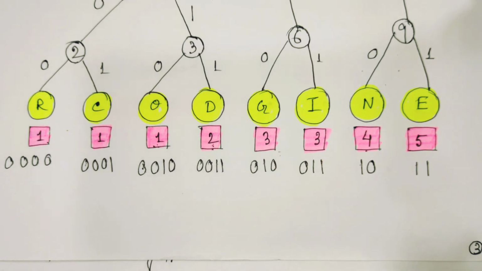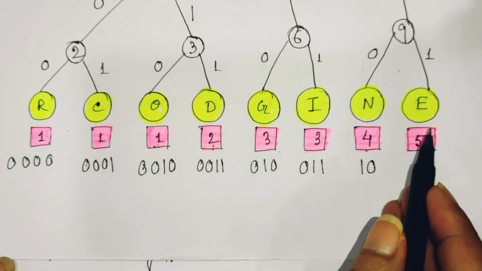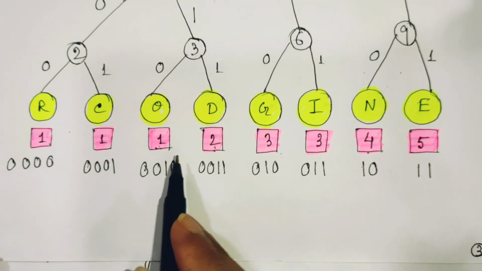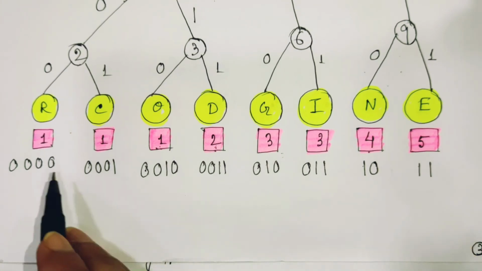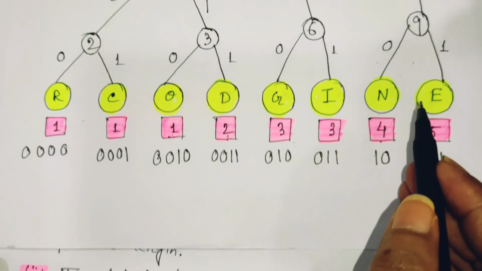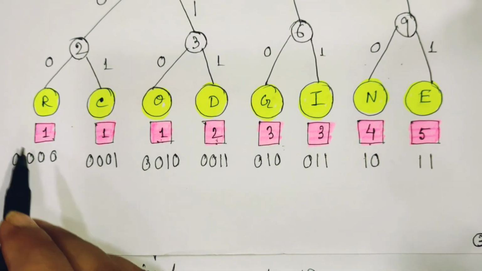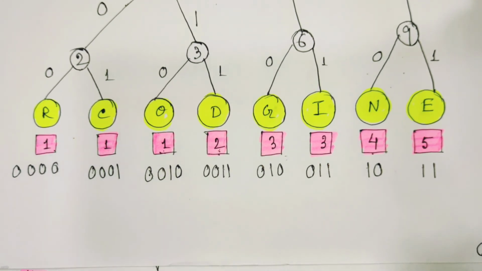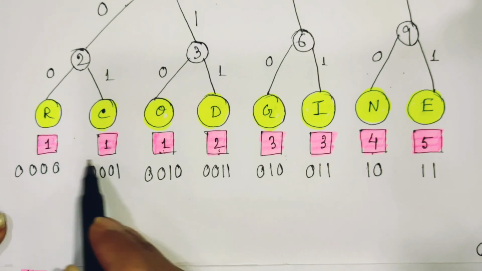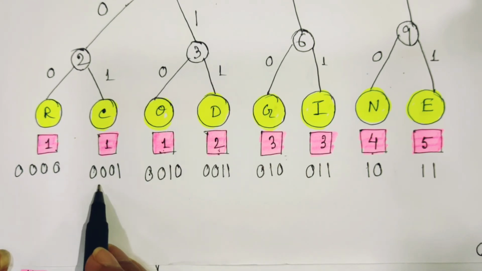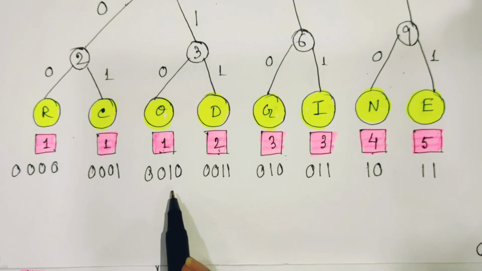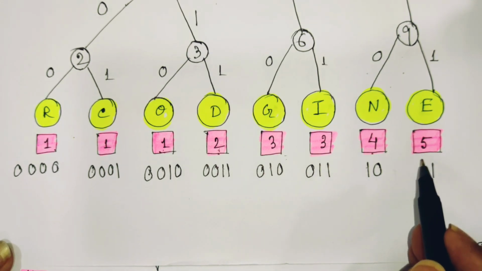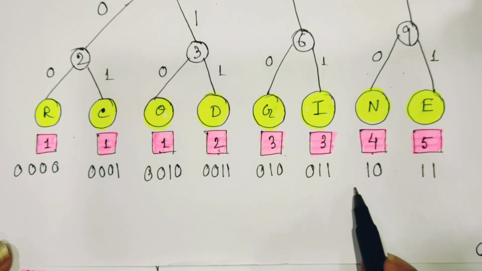Here you just verify one thing, that these are all different values or characters. Each different value has a different frequency. Among these, E has the highest frequency, which is 5. And R, C and O have the lowest frequencies, 1, 1, 1. So depending upon the frequency, the number of prefix code digits is higher or lower. As the lower frequency values are here, we use 4 digits as the prefix code. As the higher frequency is given here, we use a shorter prefix code.